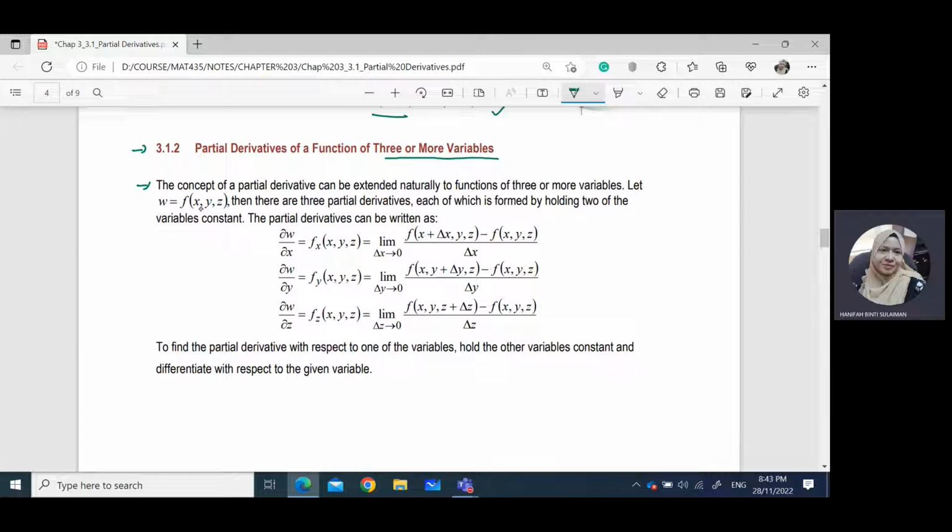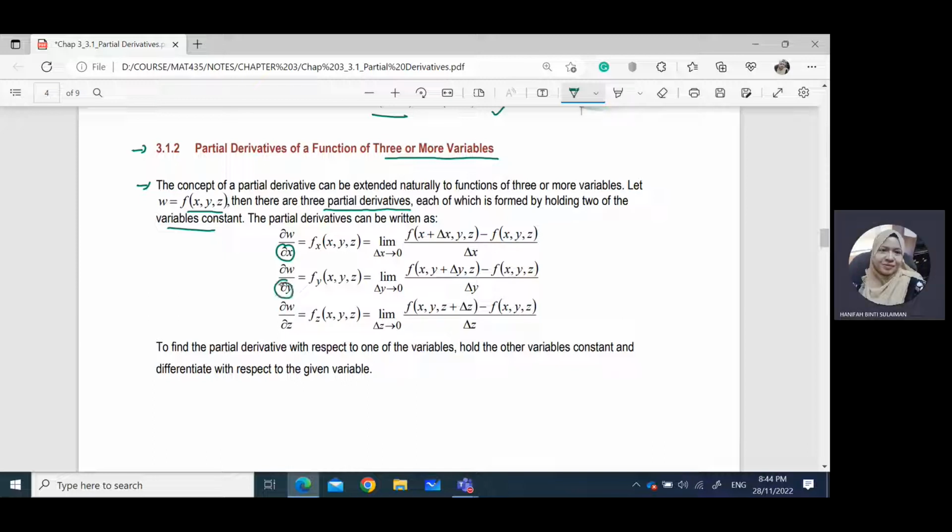So let W be a function of x, y, and z. Then there are three partial derivatives, each of which is formed by holding two of the variables constant. So the partial derivative with respect to x on W is about the limit as the change of x approaches 0. And